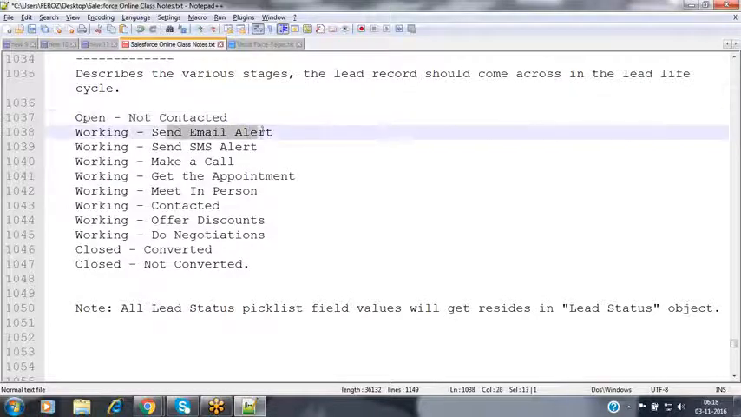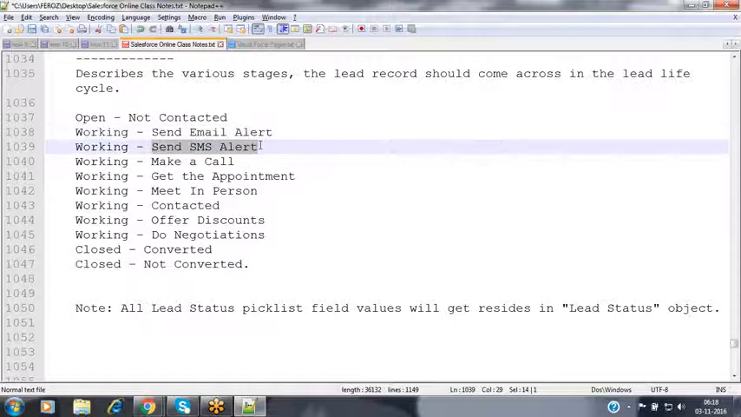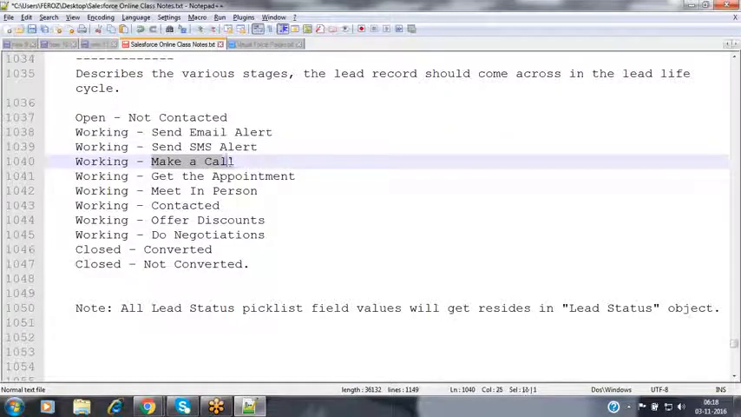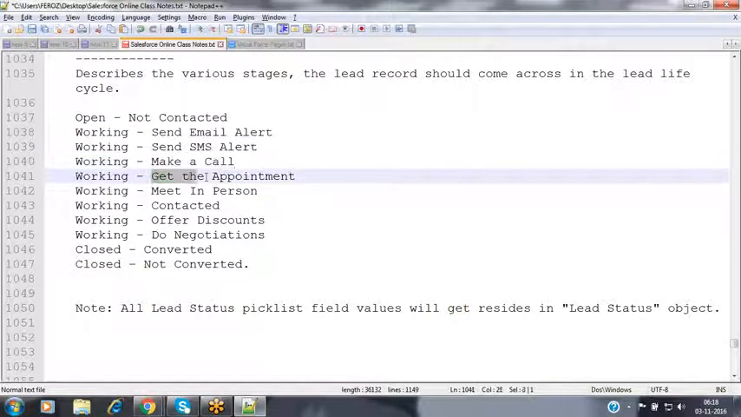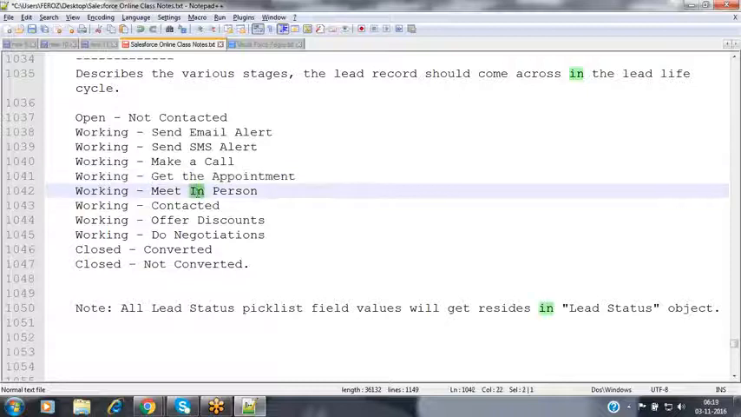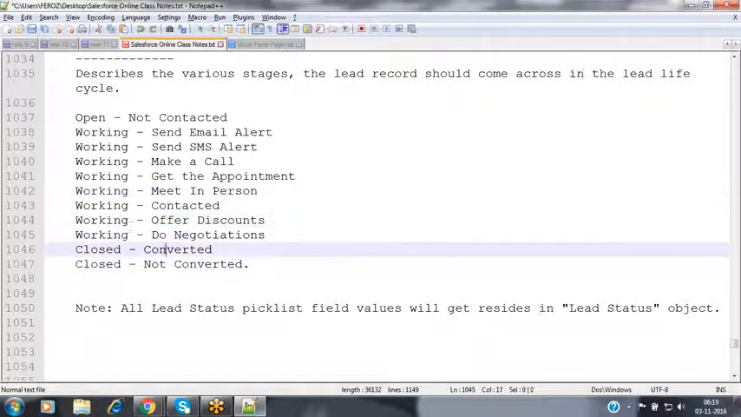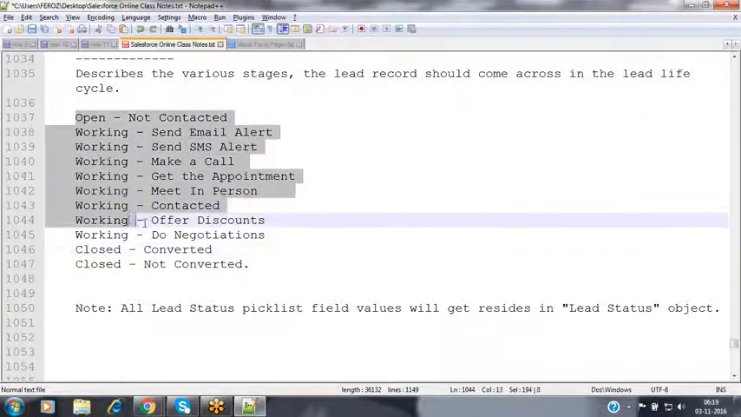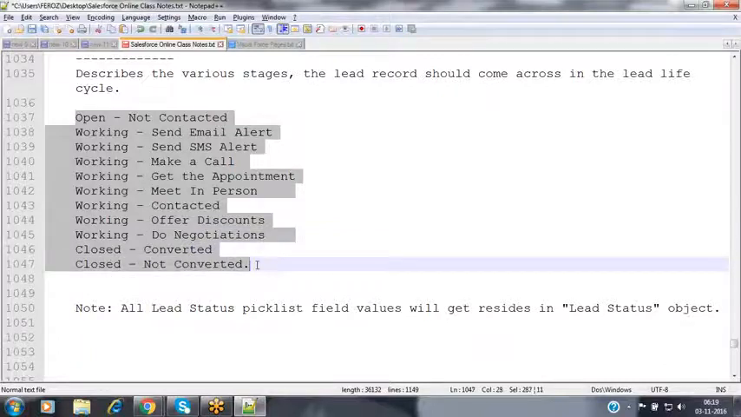Then I want to send the email notification to the customer. After 2 days, I would like to send an SMS alert. After that, I would like to make a call. And then I would like to get the appointment, meet the person, offer the discounts, all this process. This is the process I would like to use slowly so that we are able to capture the customer